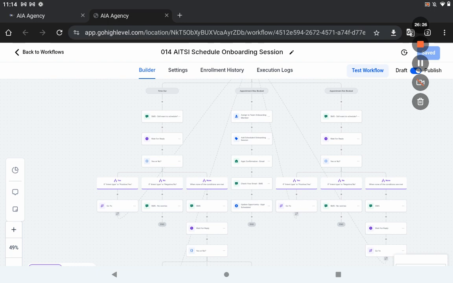And then if it is booked, what ends up happening is it's assigned to a team member, so you want to again update the user here of who will be assigned, and then it's going to add a tag that a demo was scheduled, and then they have an appointment scheduled email. Now we have an appointment confirmation flow